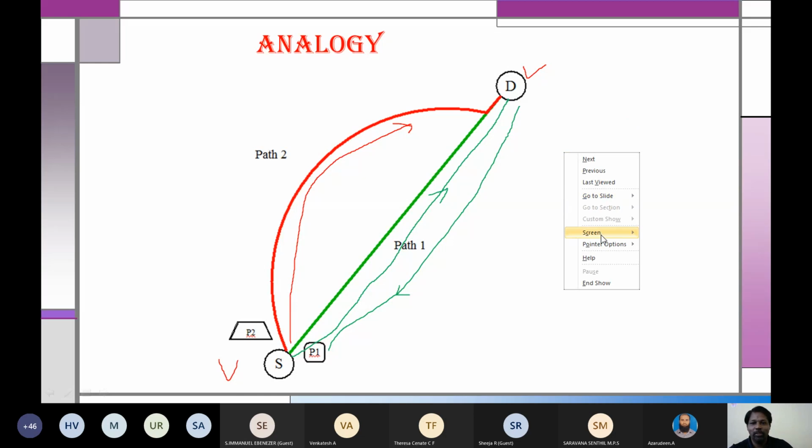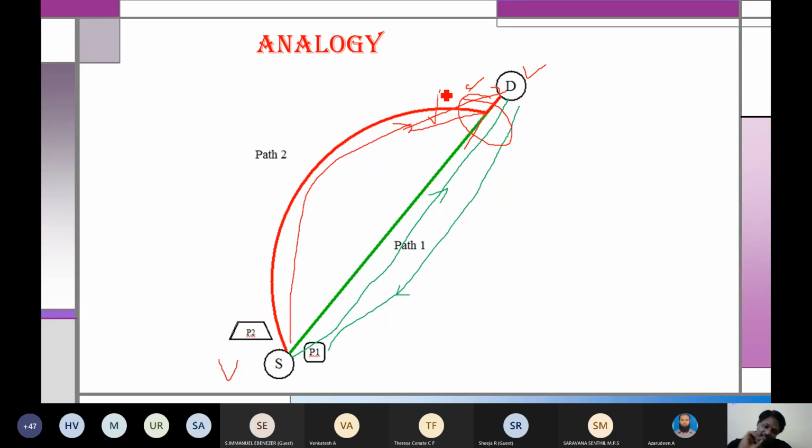Now the second person has reached there. He took water, and while he is returning, right here he'll be deciding. You can see he has one path here and another path here. But you can see this path has only one line. That means he has poured only a little amount of water. Whereas on path 2 he poured water while coming and also while going. The amount of water present in path 1 is more than in path 2. Assume that they are pouring the same quantity of water. If someone is pouring more, then the case will be different.